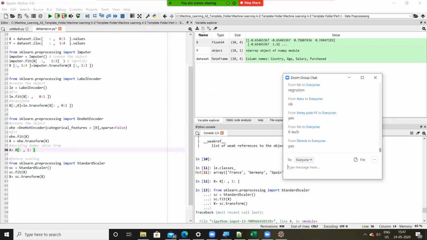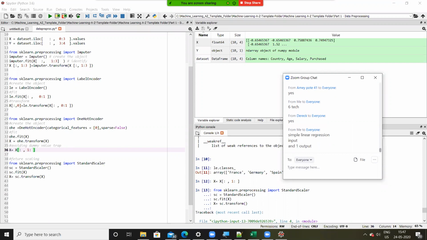We are starting with the first technique, that is simple linear regression. What is the name of the first technique? It is called simple linear regression. In this technique, there is only one input and one output.